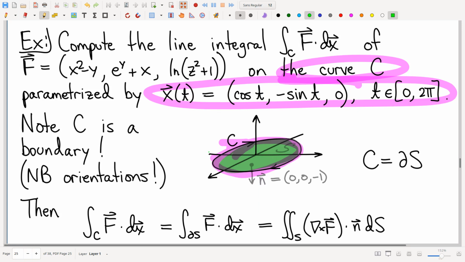Right. By the way, let me just plant a thought, something we're going to be talking about tomorrow, Wednesday, I'm pretty sure. You get the same answer no matter what surface you pick. That sounds like, you remember with path independence, you get the same answer no matter which curve you pick, as long as you have the same boundary points. Here, you get the same answer as long as you have the same boundary curve. So in the same way that we had this idea of path independence, we're going to find on Wednesday an analogous idea called surface independence. All right. That's just foreshadowing.